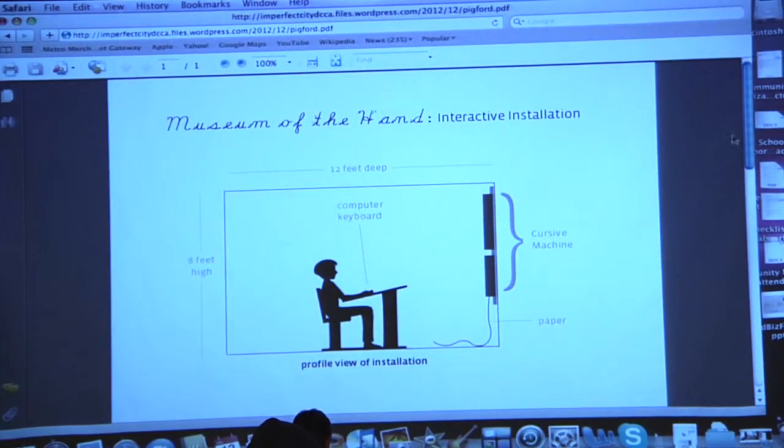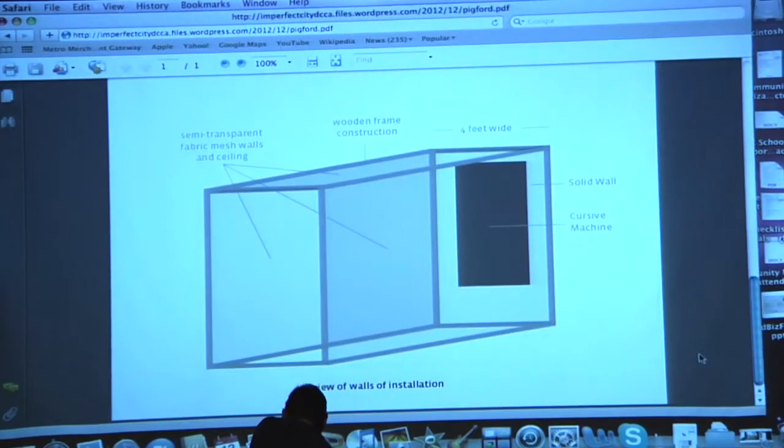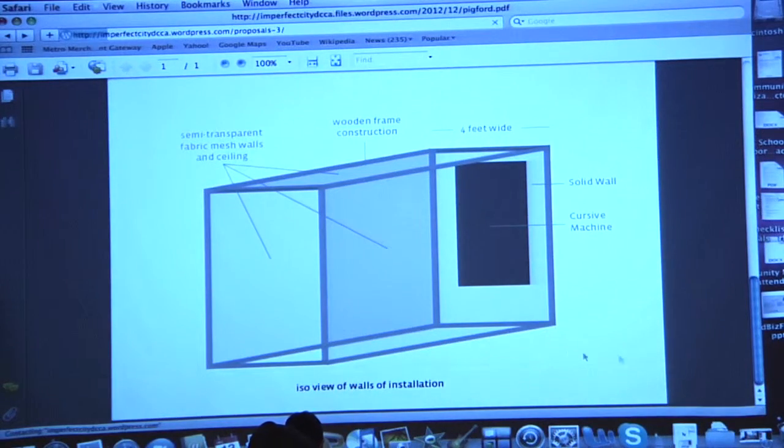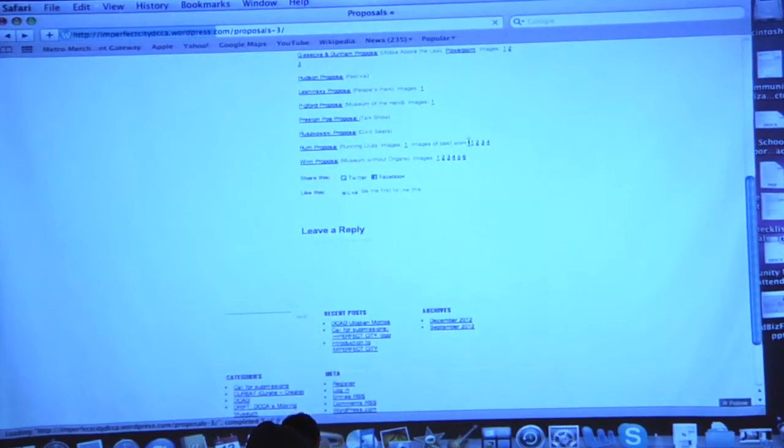So this is a model of what the piece would basically look like. Now the cursive machine itself, if I can get this to work, I think there's a link in here.